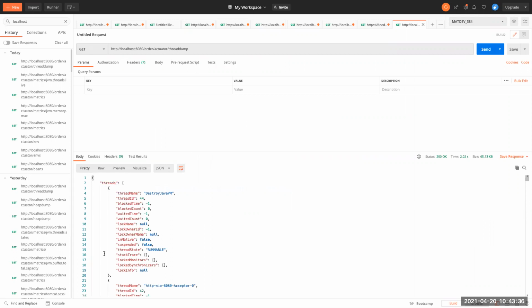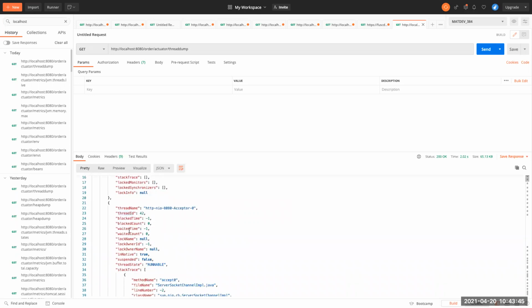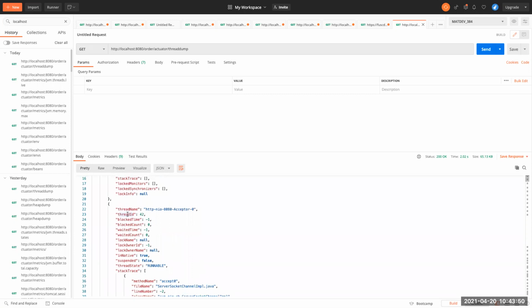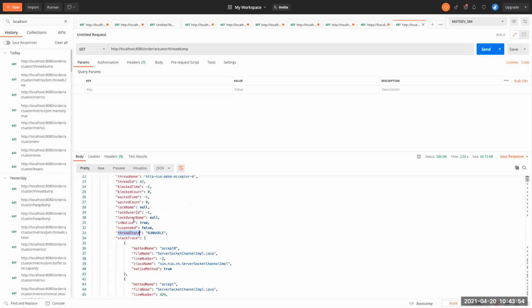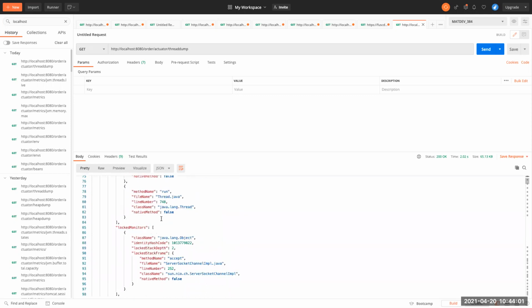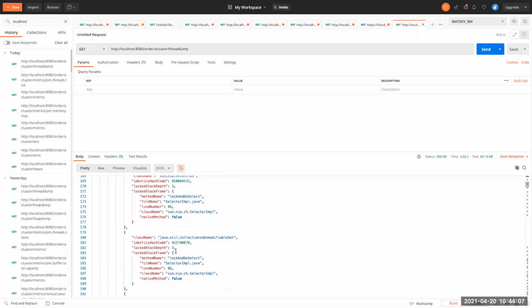Here we'll get the thread dump details: how many threads there are, what the thread ID is and what the status is. This is a thread ID, a runnable state thread. If any error is there, any trace, all those things will come here. So here we'll analyze the thread dump.